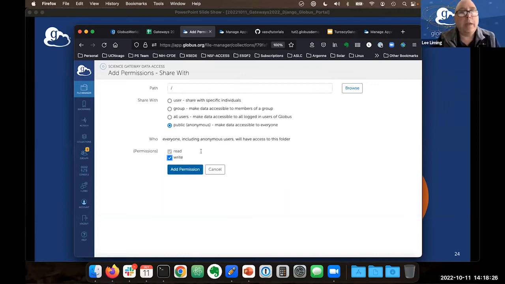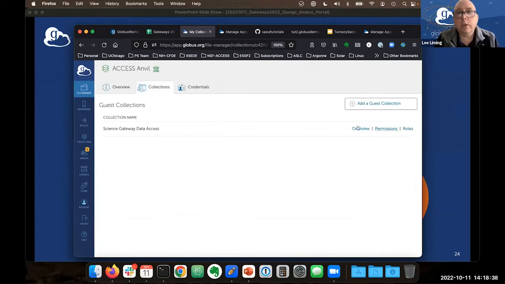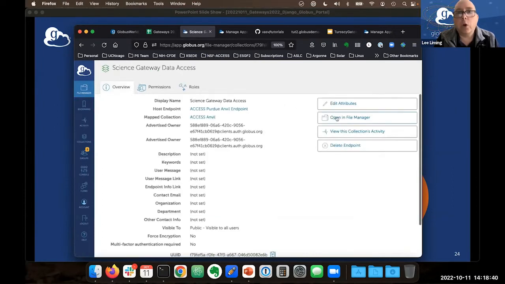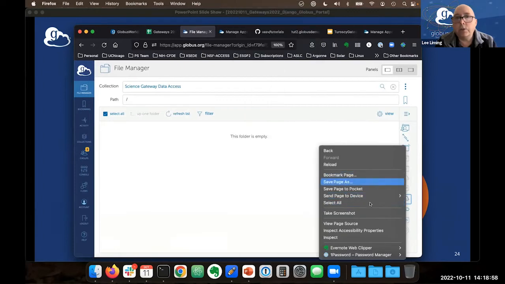All right, so the way that you would do this is I would go back to the file manager. I would go into that guest collection. Here it is. I would open it in the file manager. Okay, so now this is the view. This is my view of the guest collection. Notice that there is here an upload button. Okay, if I were to right click on that and do,